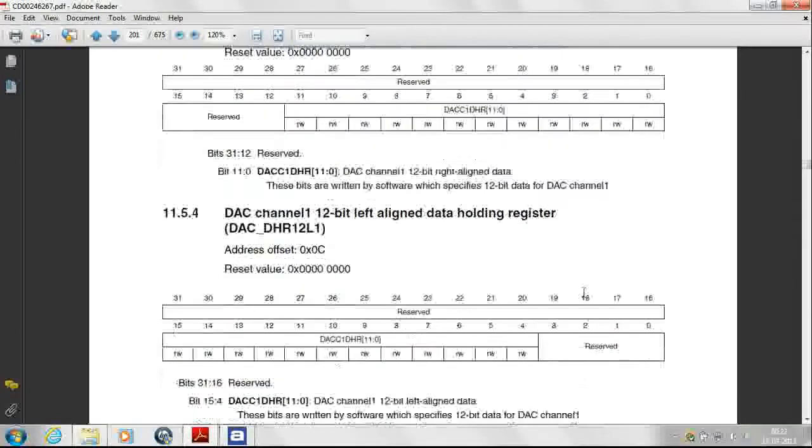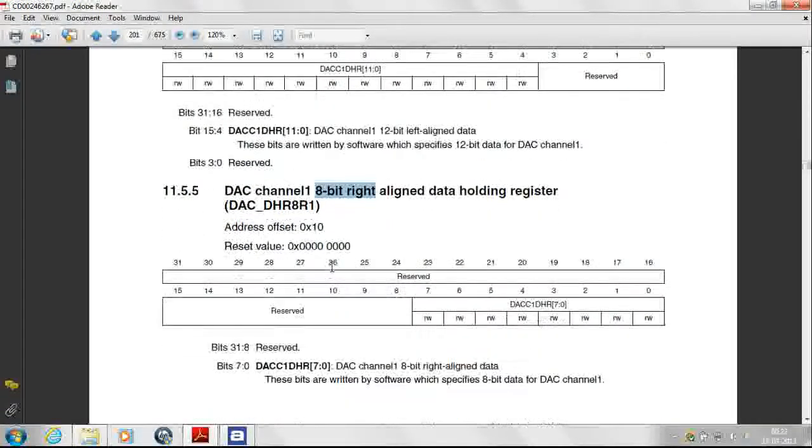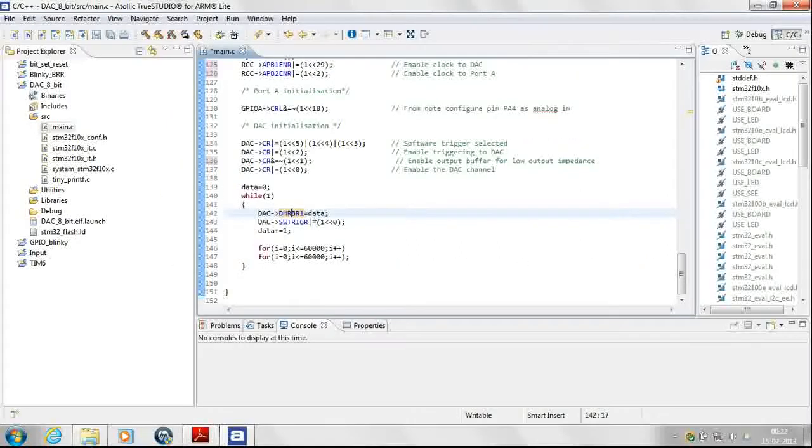So these are just the data holding registers. We are using the 8-bit right aligned data holding register, so the name is DAC_DHR8R1, and yeah, this is the data holding register.